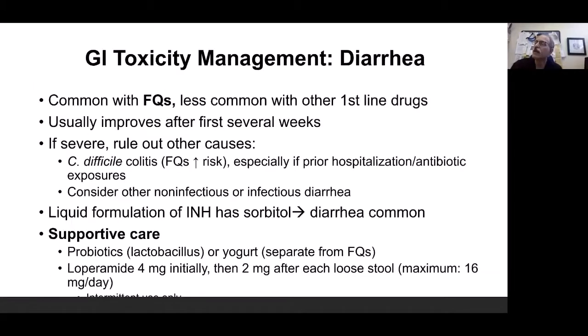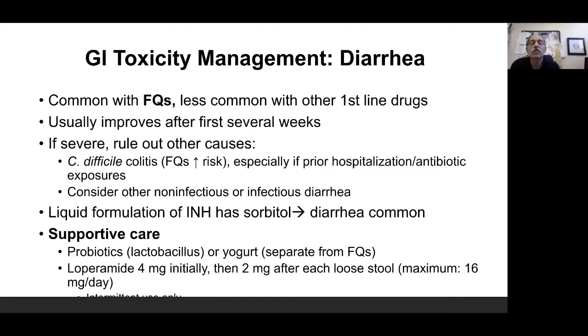Diarrhea is less common. The most common drug we typically see it with is fluoroquinolones. It's less common with other first-line medications, but can occur. Usually it improves after the first several weeks. We worry about C. diff infections, especially in those patients who have recently been in the hospital